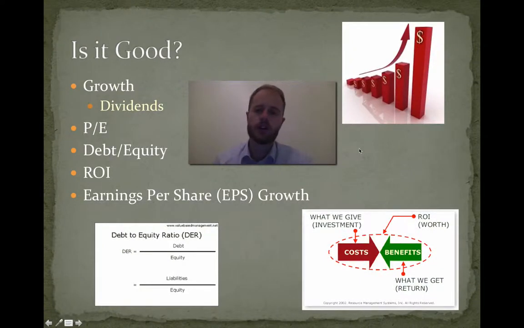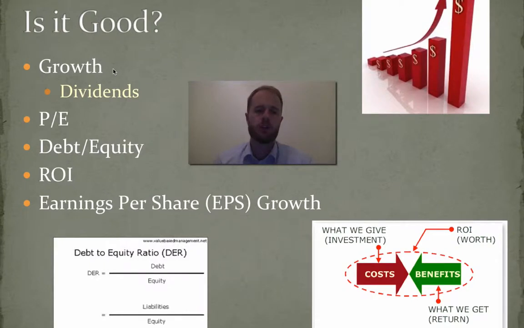Now when you look at a stock, there are certain criteria that you want to judge each company or each stock on to see if it's good or not. The main, most important one is growth. Next one, you want to look at the PE value, which I'll talk about in the next video, but that's price per earnings, and that tells you the true value of a stock. Not just the money value that you see to buy a share, but this tells you the true value. Is it good? Is it not?